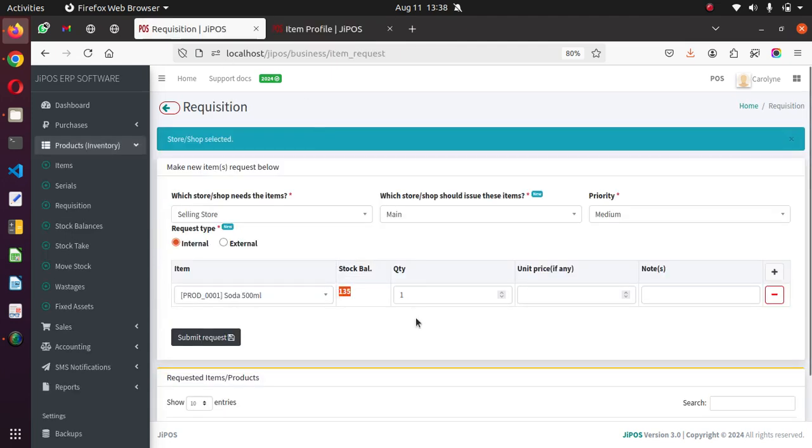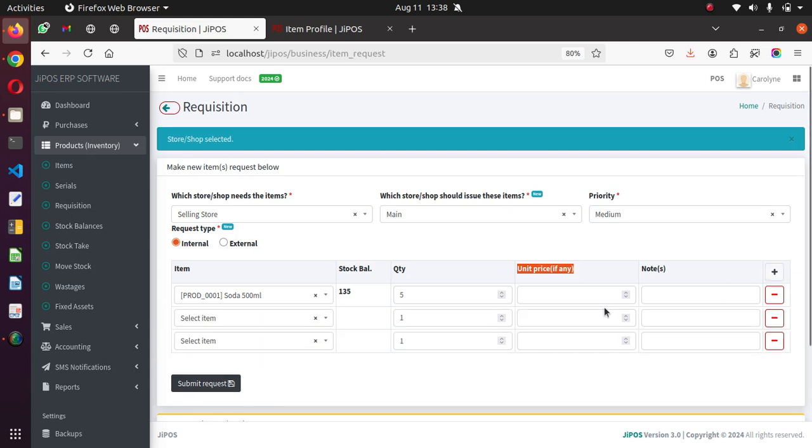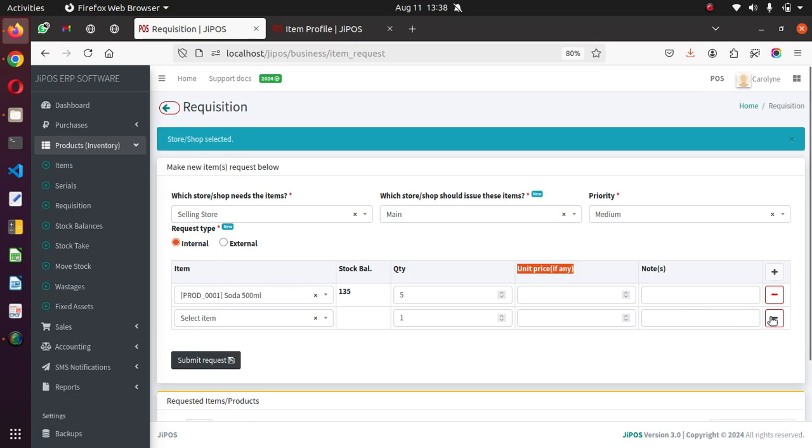And if I proceed, how many do I want? I want 5. For internal requisitions, you don't have to specify any price here. But then if you have notes, then you can put it down there. Now, this particular version also enables you to have multiple items requested. That means you can add very many items into this particular form, and of course with those particular pre-filled details,